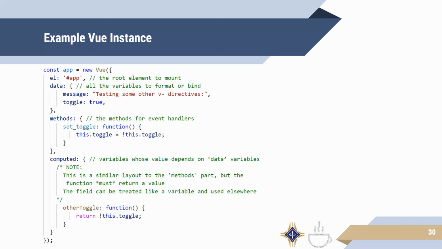Like for example, is the text field blank? Is a user logged in? I don't know, is the password formatted properly? You can use a computed property to check all of that and then return a single yes error, no error, true or false value. There's so many things you could do with computed properties, but they can be kind of confusing if you're not too familiar with them